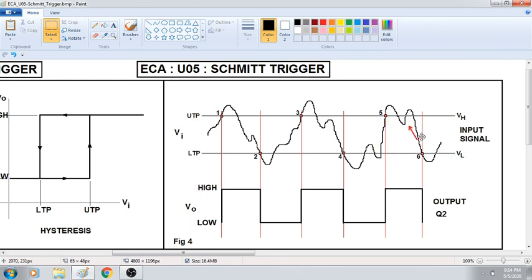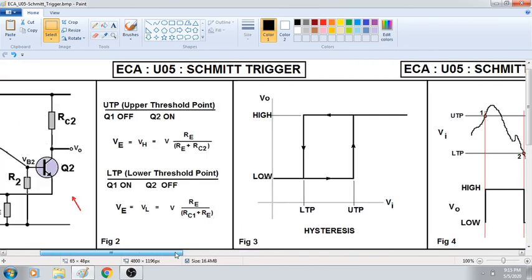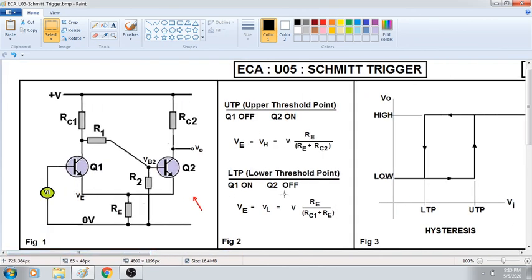Okay. So like this you have to understand how the output will be plotted with reference to the UTP and LTP for any given input signal. The input signal need not be a sine wave, need not be anything specific, it can be some variation. Okay. So please remember these points, and then we will try to do some problems. I will give you one small problem later, and then you can try to solve it.